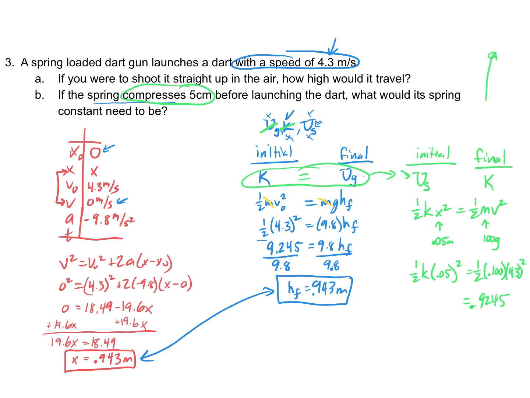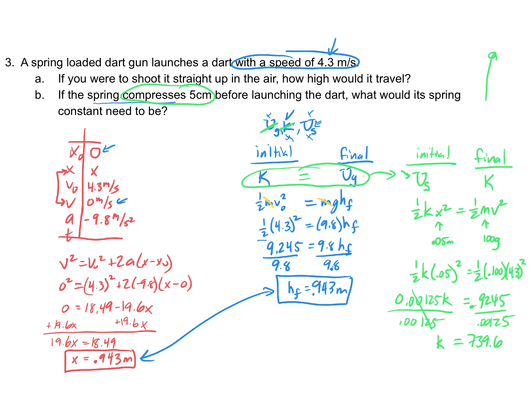And then over on the left-hand side, I'm going to do the 0.5, the 1/2, times 0.05 squared. And that's actually going to give me 0.00125k. And then I can divide both sides by that 0.00125. And I get